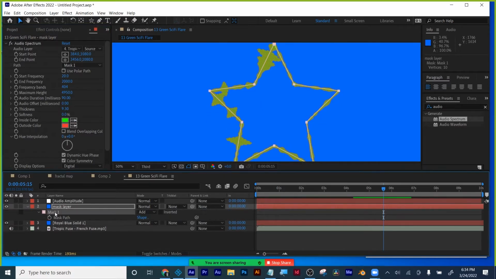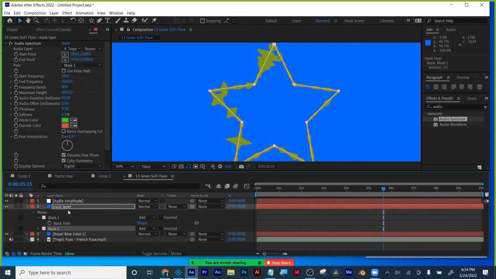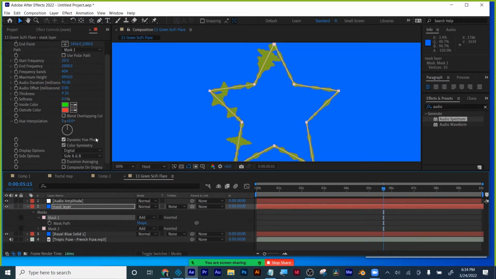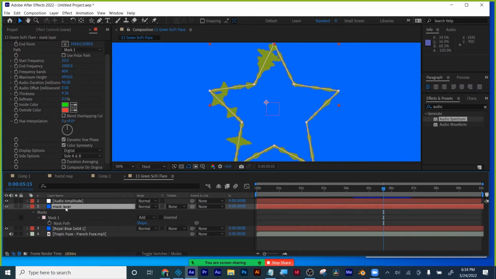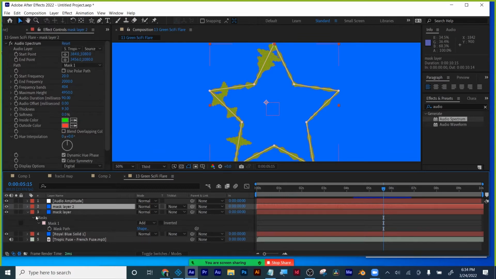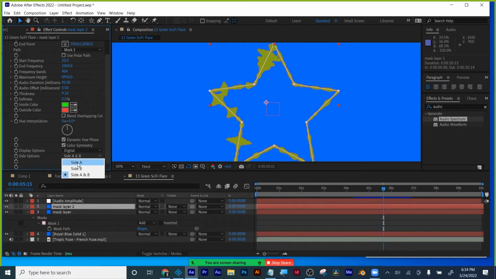So once you understand this, we can go M for mask, and I can press Command D to duplicate that mask. So now we've got two masks. So for the first mask, I'll do just the inside. And for the second mask, oh wait, you know what? Let's not duplicate the masks. Let me hit undo. I'm going to duplicate the layer. Command D. Okay, so for the top one,